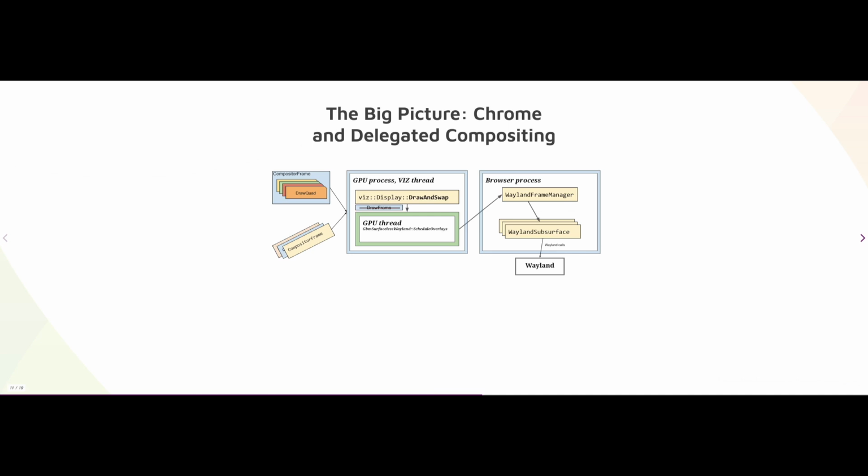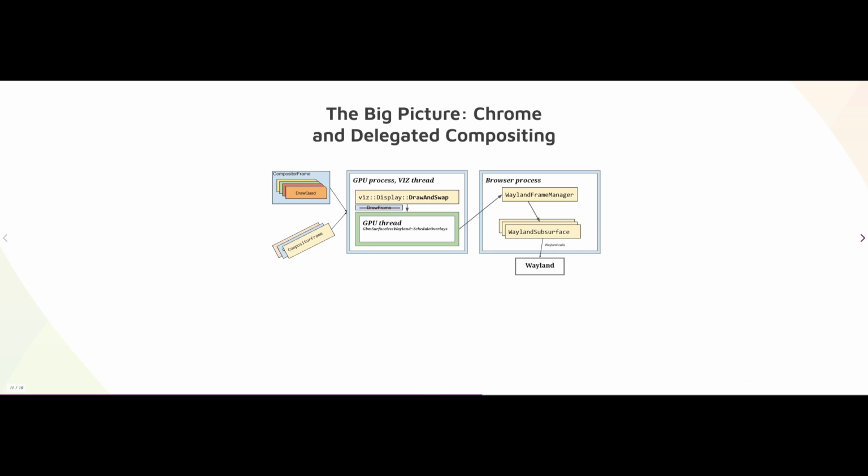So let's sum up how delegated compositing works. This is a high-level architecture overview. Here on the left, we can see compositor frames coming from different clients within Chromium, from browser compositor representing UI to renders and video frame syncs. Those clients send frames via Mojo to our Viz service, and it does service aggregation and forms render